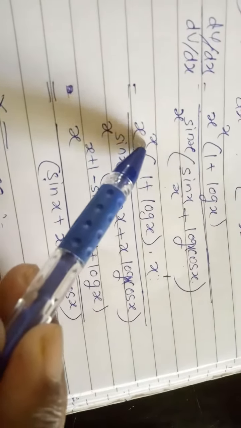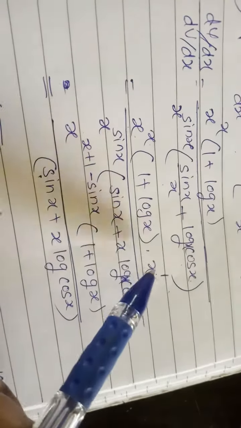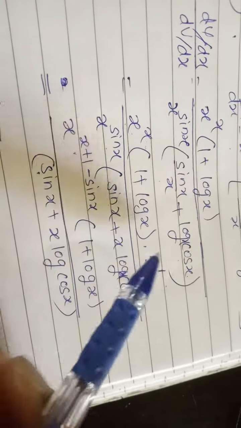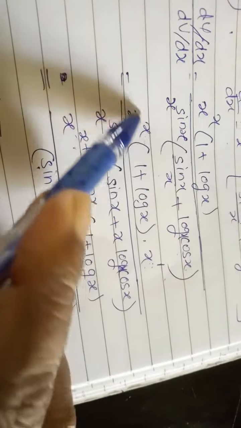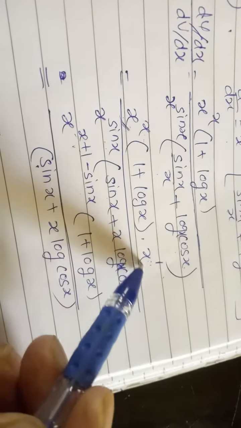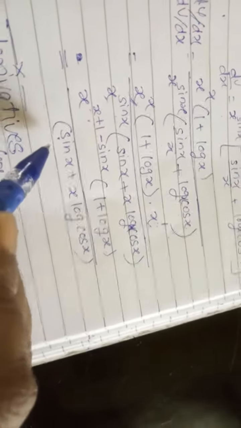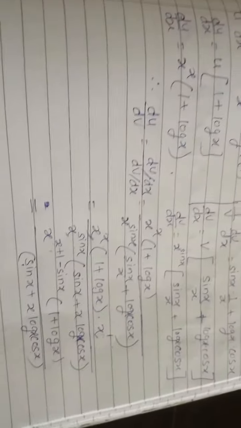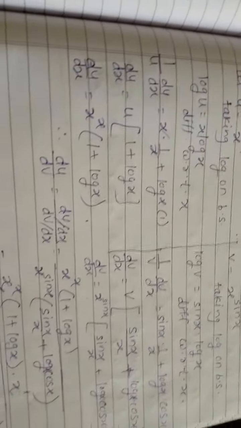Now the next step we combine all these x terms. So here the power is x, power is 1, so we are going to add this because there is a product sign in between these two x. So x raised to x plus 1, and again we move this sin x to the numerator, so it will become minus. So x plus 1 minus sin x. Just we combine these x terms, 1, 2 and 3, and this bracket is as it is, that is 1 plus log x, and the denominator is sin x plus x log x into cos x, and this is the answer of this one. And these are all about the question number 7.